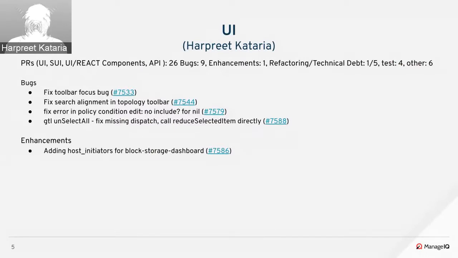So for the bug fixes, a bug was fixed to maintain focus in toolbars when switching between toolbar button groups. And then alignment of the search submit button was fixed on the topology screen. A bug was fixed on the policy condition edit screen that was causing a nil error in some cases. And also an issue was fixed on the list views where, in some cases when unselecting all checkboxes, it was throwing